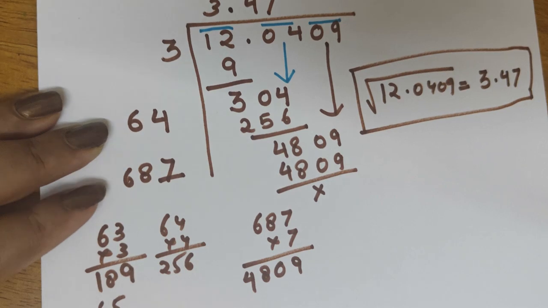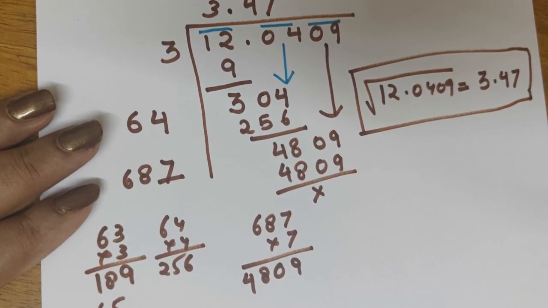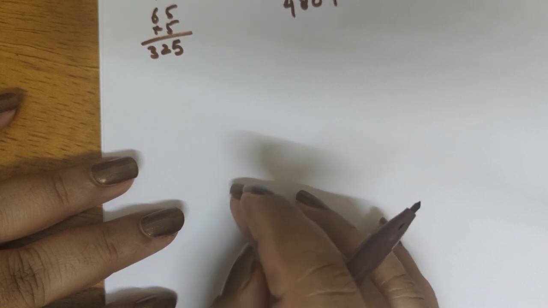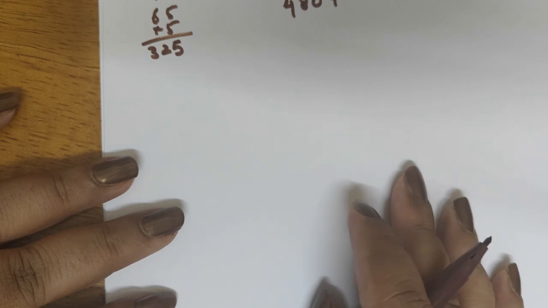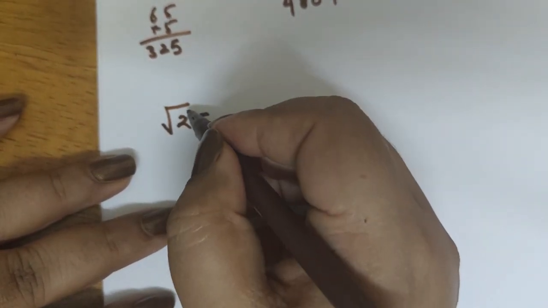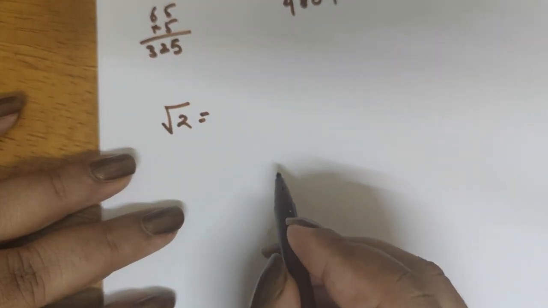Hope this is clear to everyone. Please let me know if there is any confusion. I will solve it for you. So in decimal or in any number, it might happen that the square root might go on and on, like the square root of 3.17. It can go on and on. Square root of 2 can go on and on and on. So if you are asked to find any number up to 2 decimal digits or up to 3 decimal digits,